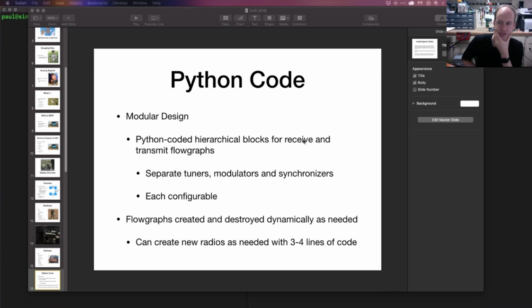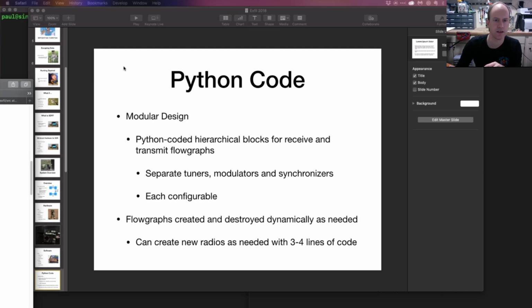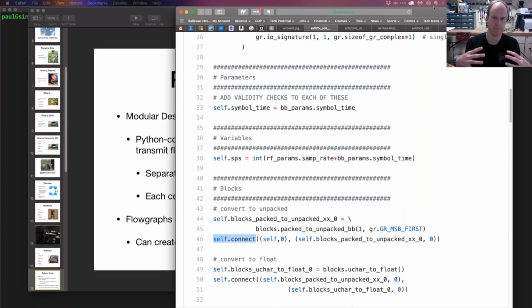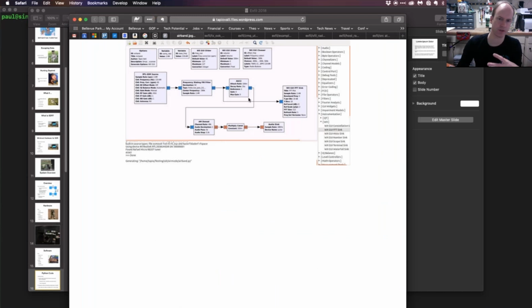Hey, Paul. Yes, someone just asked, can you share the link to the Python code generator? So the Python code generator is GNU Radio Companion itself. If you do an install of GNU Radio on your machine, on your Linux box, or I guess you can get it installed on some others, I'd advise against it, but GNU Radio Companion, this interface here, the Python code generator is inside here.